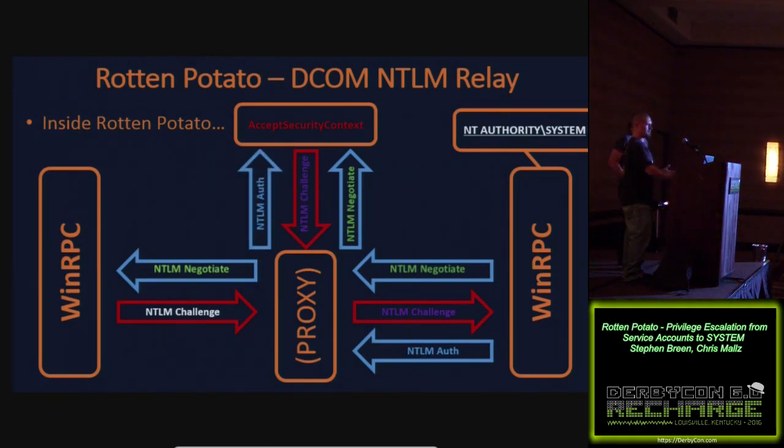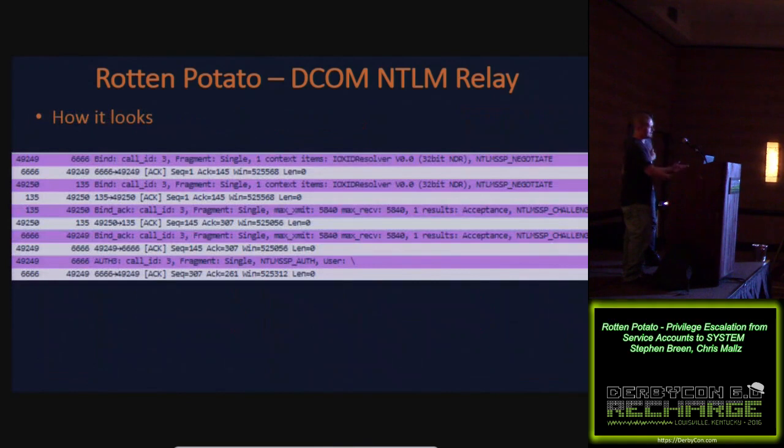This is how it looks on the wire, in Wireshark if you're sniffing localhost. You can see on the port numbers where it goes to 6666, and then we just forward it right on to 135. You can see it's the same packet. A packet comes into 6666, that's the NTLM type 1 negotiate packet. The system service wants to negotiate NTLM with us, so we forward that over to 135, and the only reason we're doing that is so we can get the packet back to use as a template to reply to RPC.